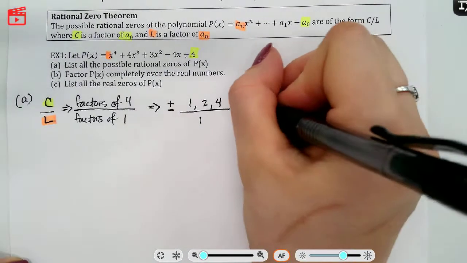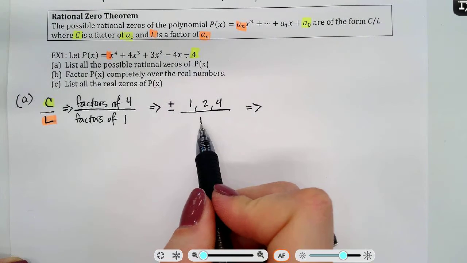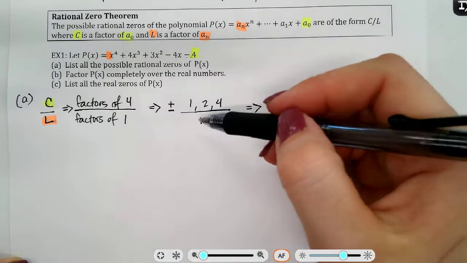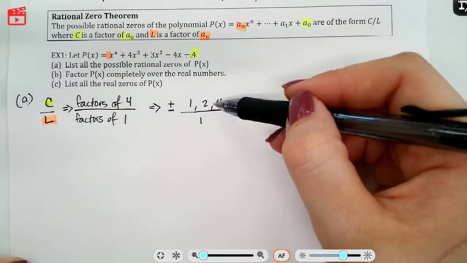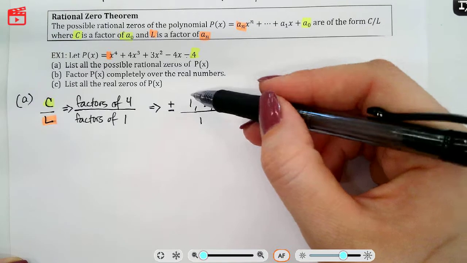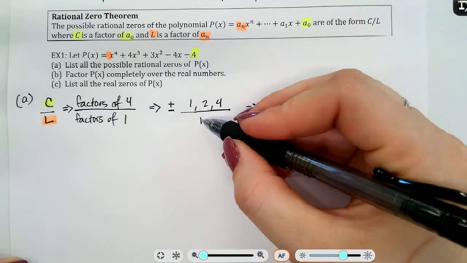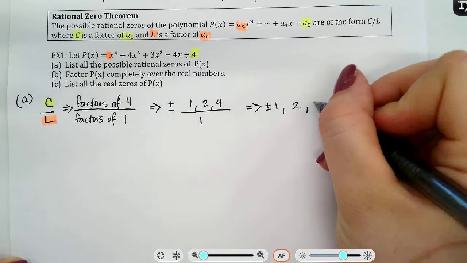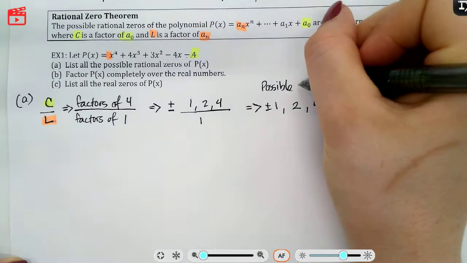So what are the possibilities? This one's really easy because for factors of 1, we only have 1. If this number had been 6, we would end up with a lot more options, and we'll see an example of that shortly. For now, I just take the bottom number and individually check what that fraction would be. So 1 divided by 1 would be 1, 2 divided by 1 would just be 2, and 4 divided by 1 would be 4. So these are the possible rational zeros